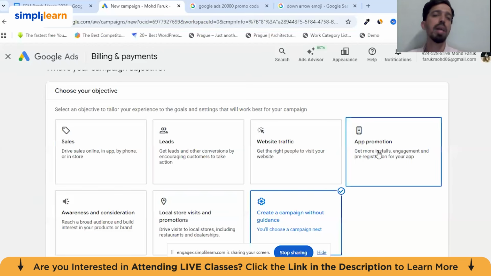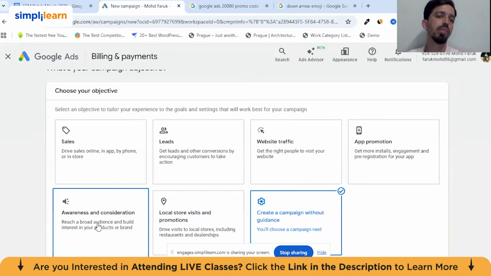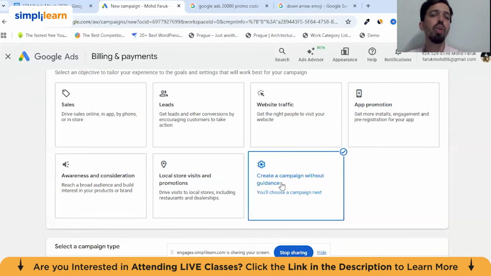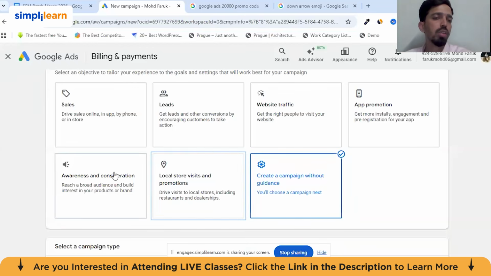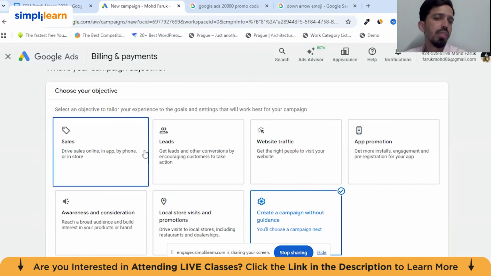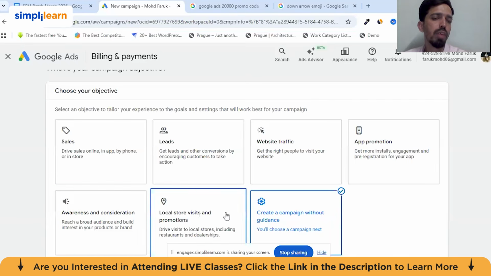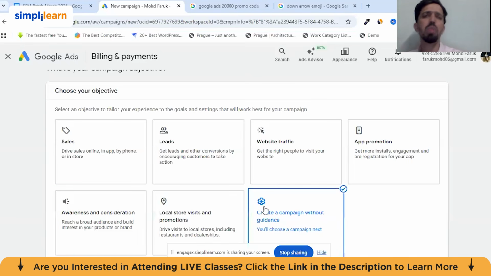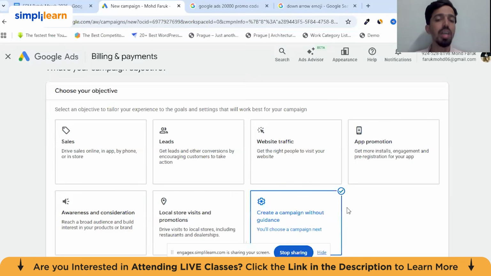It is suggesting some answers, it is recommending these options, but it is also making us cautious. What is that cautious option? See, Google is saying you can run with sales, leads, traffic, promotion, awareness, store, but you can do it on your own also. It is your call. It should not have given that option, right? But it is given. So there is a reason why this option is given,